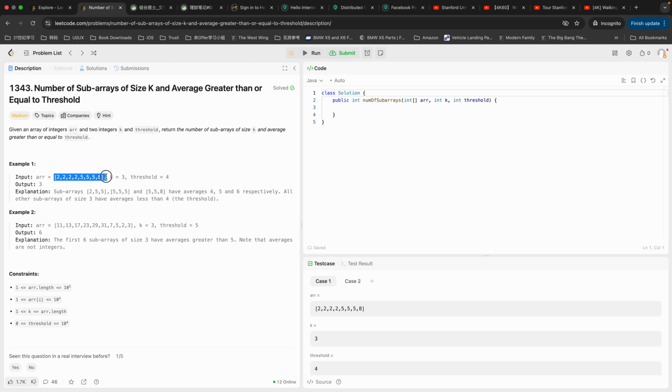We have this as our input array, and we have k equals 3 and threshold equals 4. So we find all the subarrays from this original array of size 3, and we will take a look if the average is larger than or equal to 4, to this threshold. Clearly this is not the answer, because the average is 2, not more than 4. And this one is not either, and this one